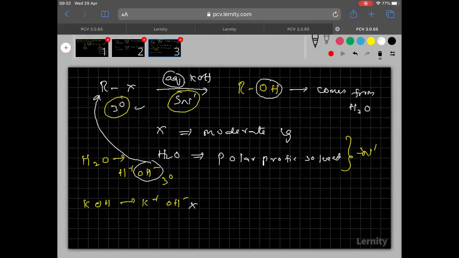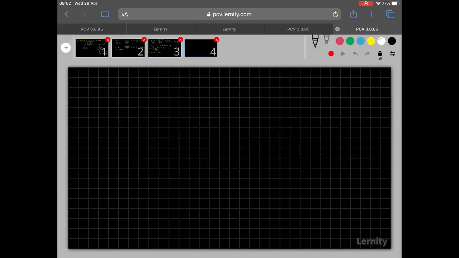Okay, I will change the slide to summarize these three. So see clearly now, everyone. If I take the RX which is primary, clear everyone? Now, when this reacts with KOH, the mechanism followed is SN2 and the product is alcohol and the yield is good. We get a very good yield here, because in SN2, primary is more reactive.